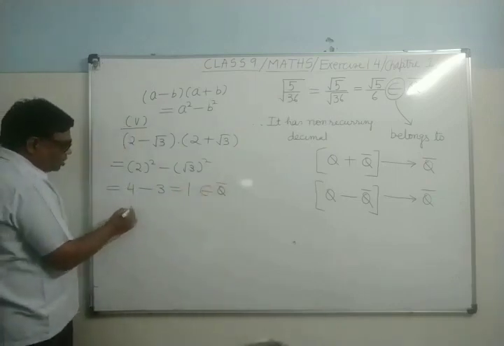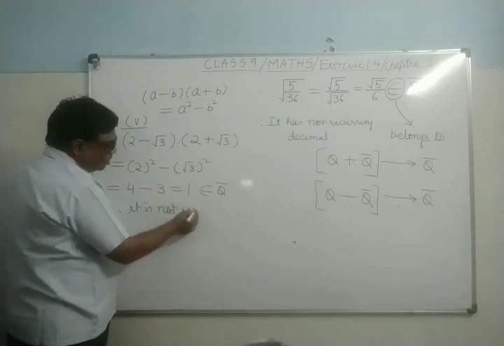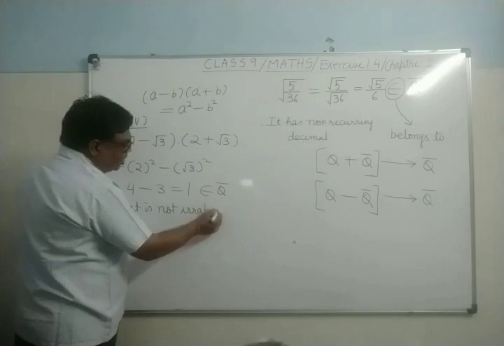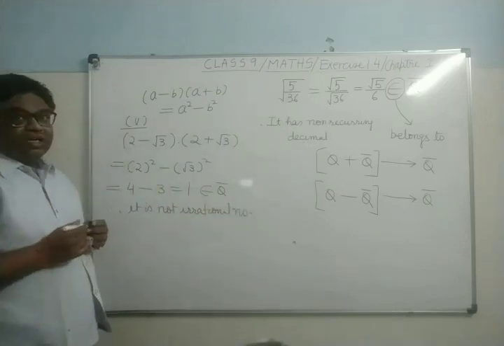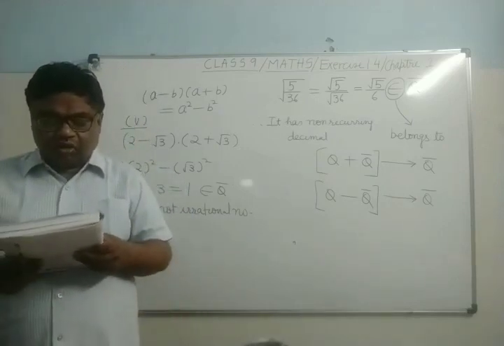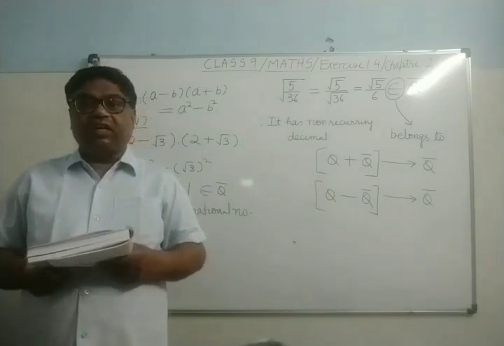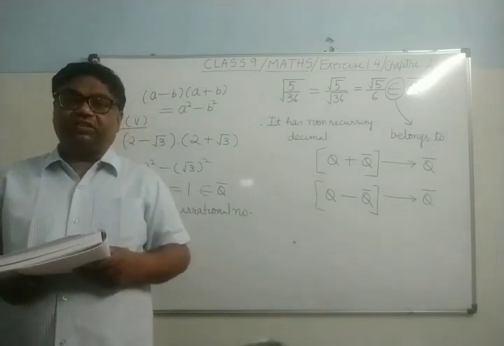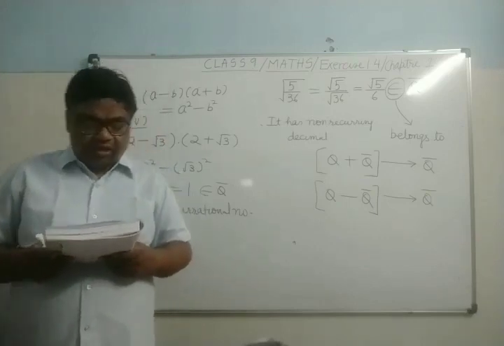Therefore, it is not an irrational number. This way you will ensure. So, product of two irrational numbers need not be irrational. It may be rational also. It's clear. Then question number